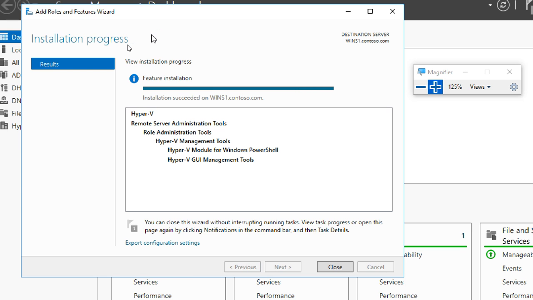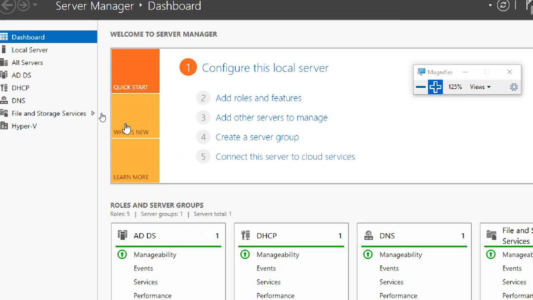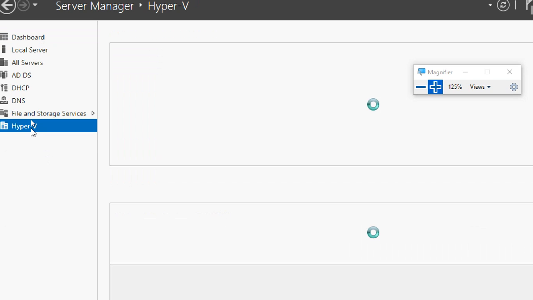Okay, it is successful. If you get an error here, it may be that while you were creating the virtual machine, you didn't do a setting. If you are unable to do this one also, no problem, just observe what I'm going to show you. Okay, so that completes Hyper-V.